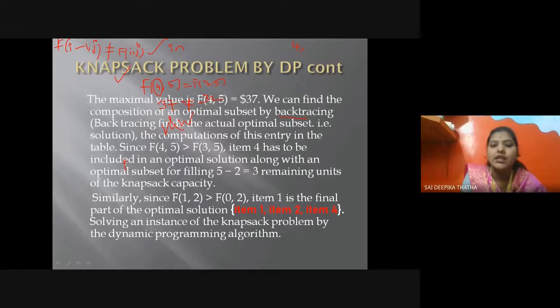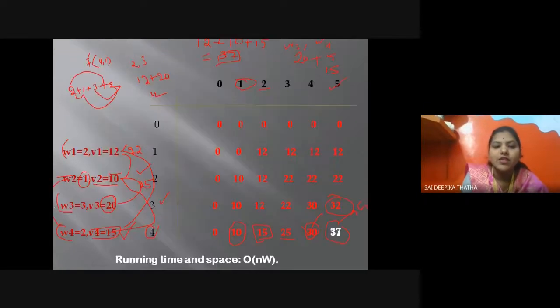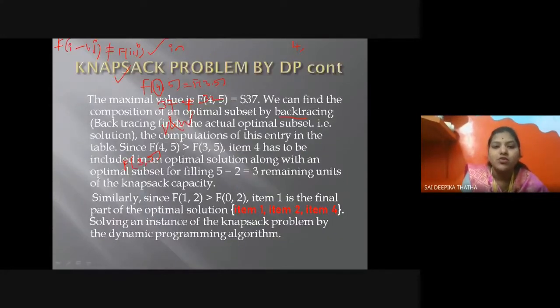Now I am taking this f of 3 comma 5. How can I subtract the weight? For the fourth item which I have inserted, that value should be taken. What is the weight of W4? It is going to be 2. So f of 3 comma, I need to subtract from the j value. It is going to be 5 minus 2. So what I am getting now? I am getting f of 3 comma 3. Now this is my i comma j value.